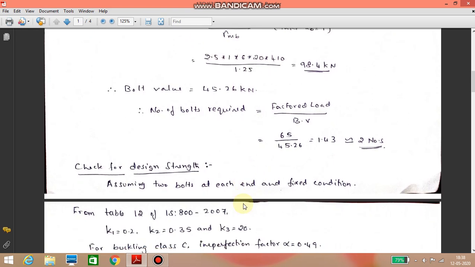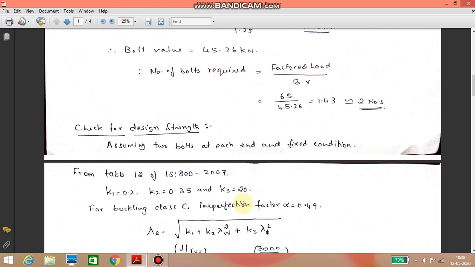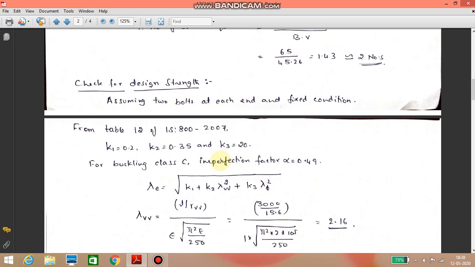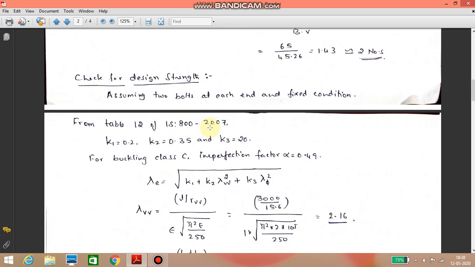Now, whatever the bolts we have designed and whatever the section we have proposed, we have to check whether it will pass or not. For that, we will do the check for design strength. Assuming two bolts at each end and we will assume fixed condition. So from table number 12 of IS 800-2007, k1 equal to 0.2, k2 equal to 0.35 and k3 equal to 20 for two bolts and fixed end condition. For buckling class C, the imperfection factor alpha equal to 0.49. Therefore,